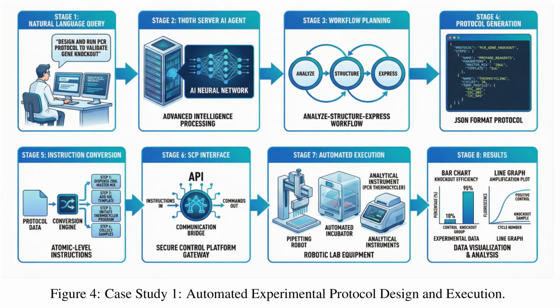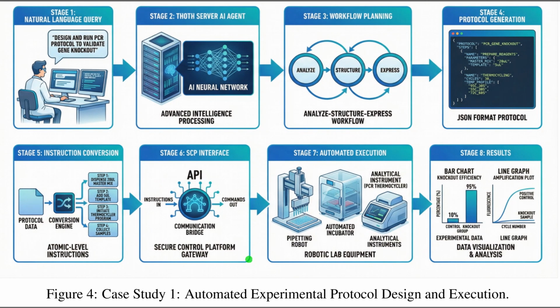Well, to see these tools in action, Figure 4 visualizes Case Study 1, an automated polymerase chain reaction protocol. The process starts in the top row, where a researcher submits a natural language request, which the Thoth AI agent translates into a structured plan. Then, looking at the bottom row, that digital protocol is converted into atomic commands. These pass through the secure interface to robotic instruments, like automated pipettes, which physically run the experiment and generate the